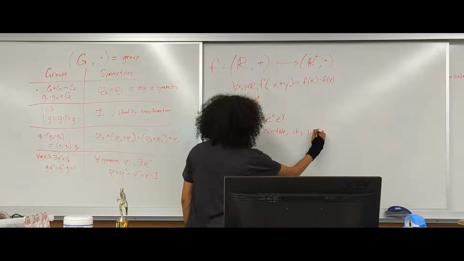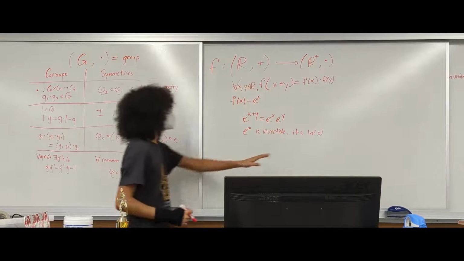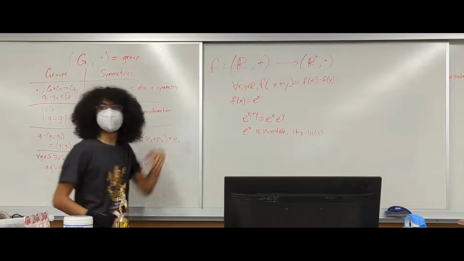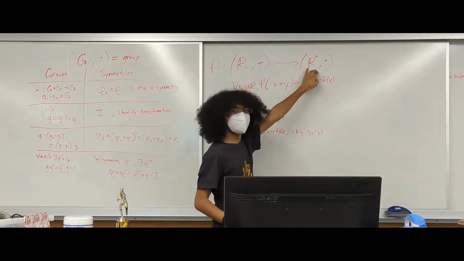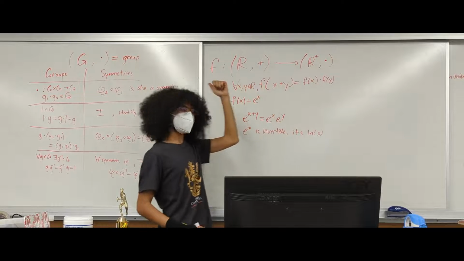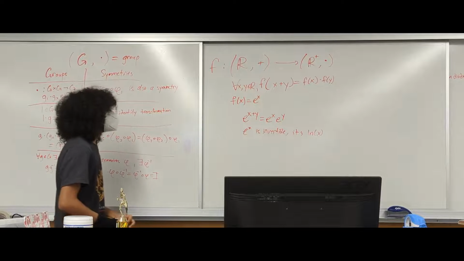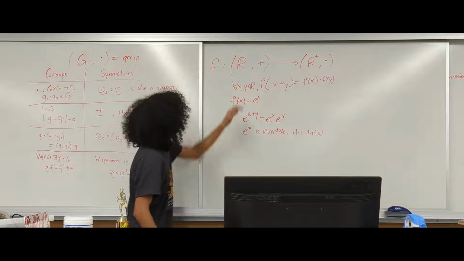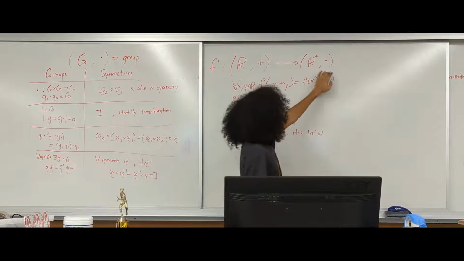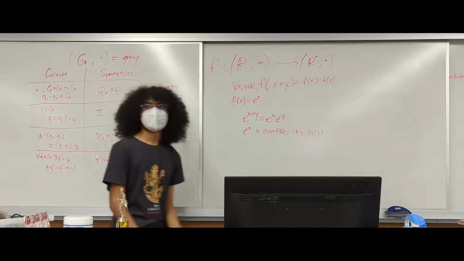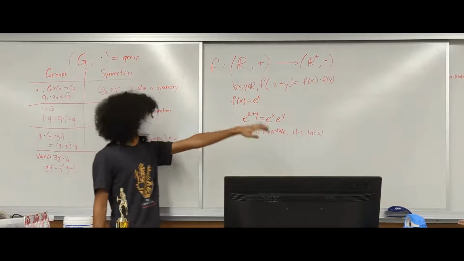It's the natural logarithm of x. So the fact that it has an inverse function means that this function is invertible. So not only can we make this identification this way, we can also do it the other way around. Okay. So that's what allows us to say that this group really is equivalent in the sense of groups to this. Okay? It might be more conceptually weird to think about that than the previous one, but